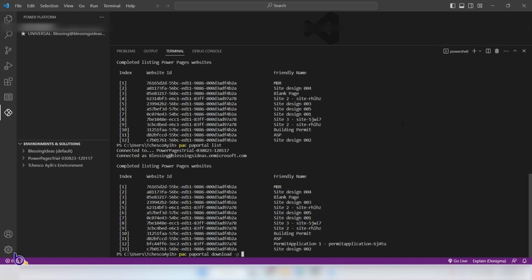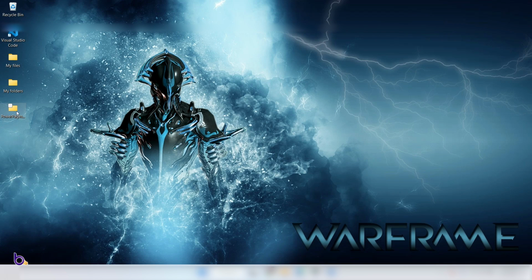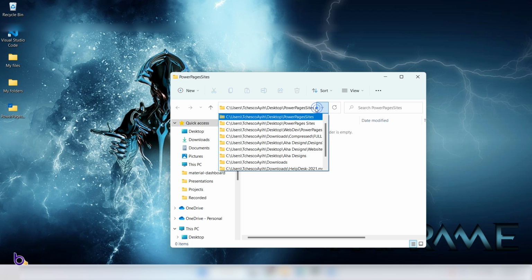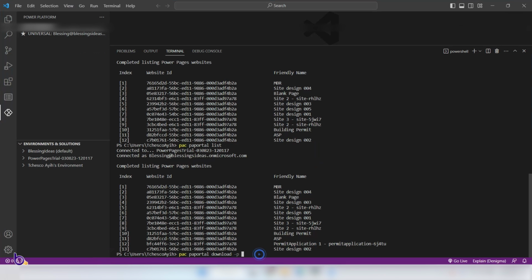And also quickly let me let you know, we missed one thing. I have to create a folder that will contain the files that will be downloaded. So here I create a folder that is named Power Pages site on my desktop. So I copy this path. So let me copy this path, and back into the Visual Studio I paste this path over here,